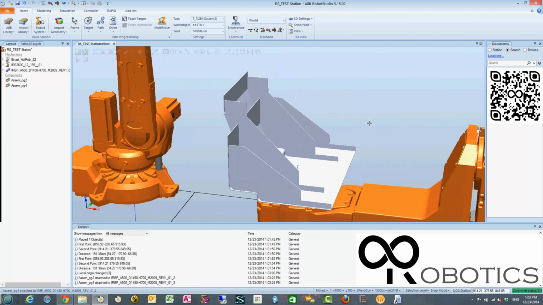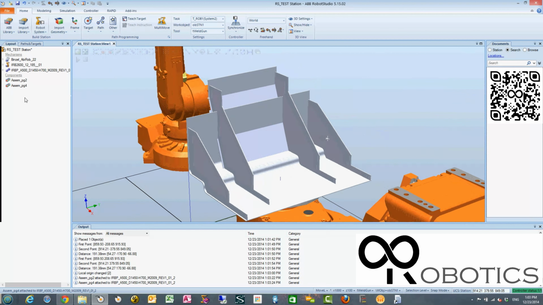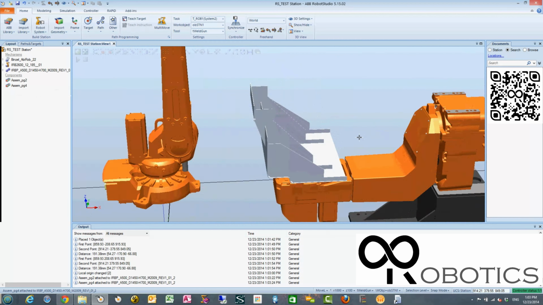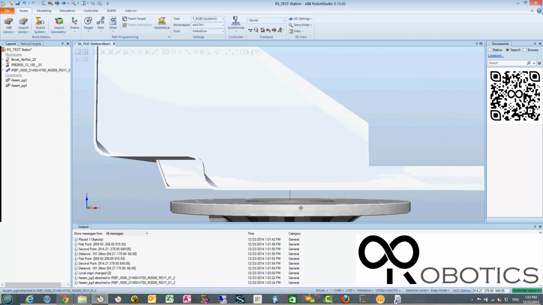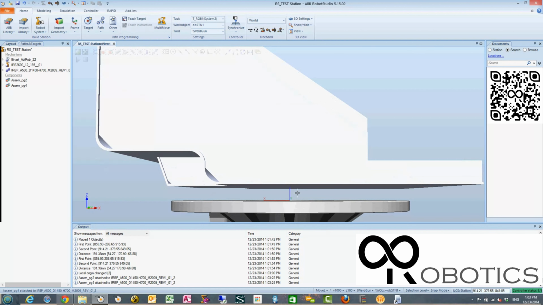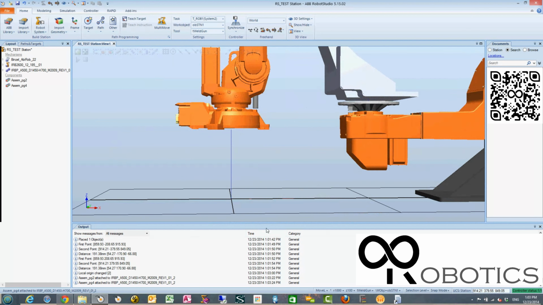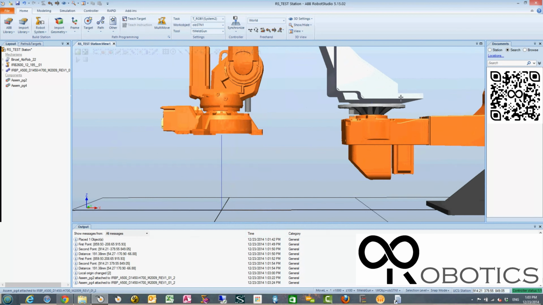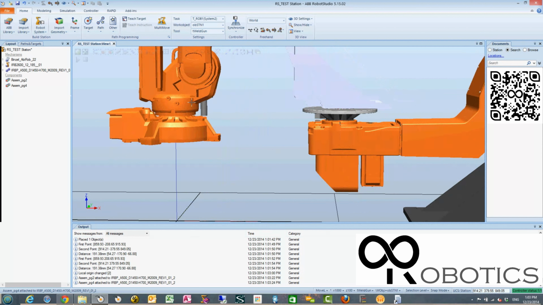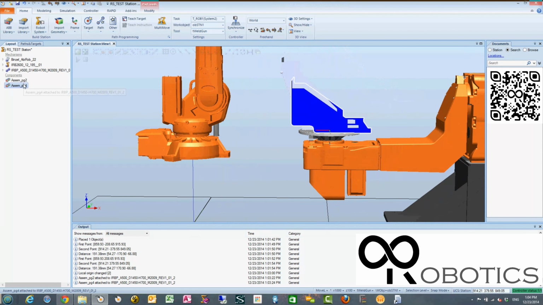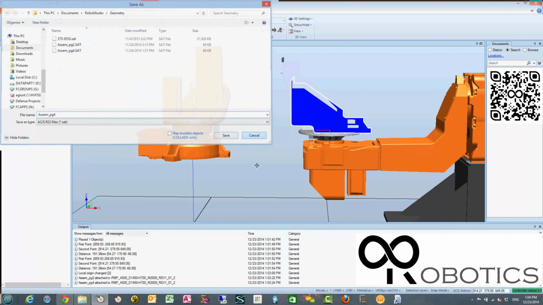Now that these are in the right location, we can export these as libraries. The advantage of exporting as libraries is it'll keep this local origin. If you bring in just a geometry, it'll keep whatever local origin it's based off of. So I can go through and export these models, export geometry, and its local origin will